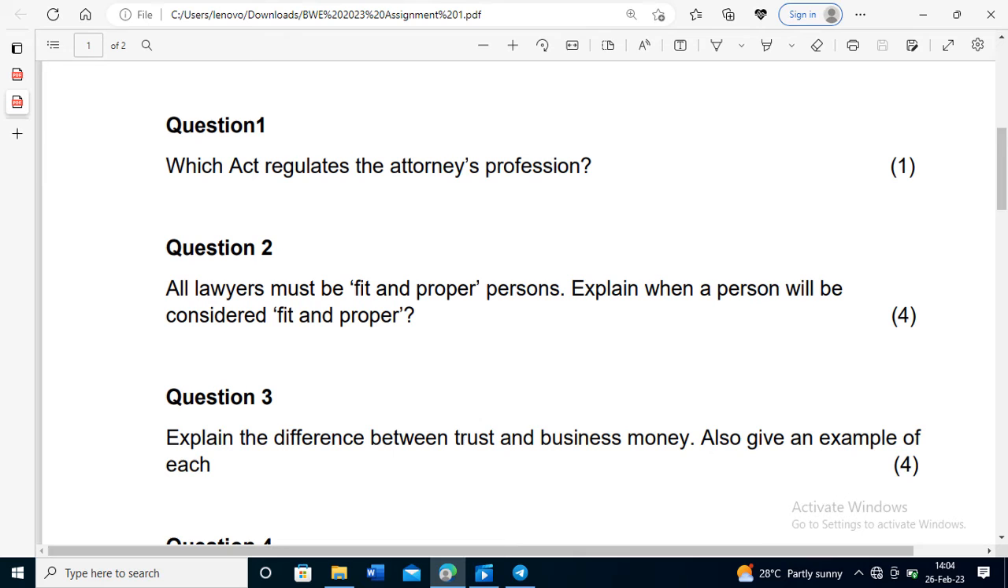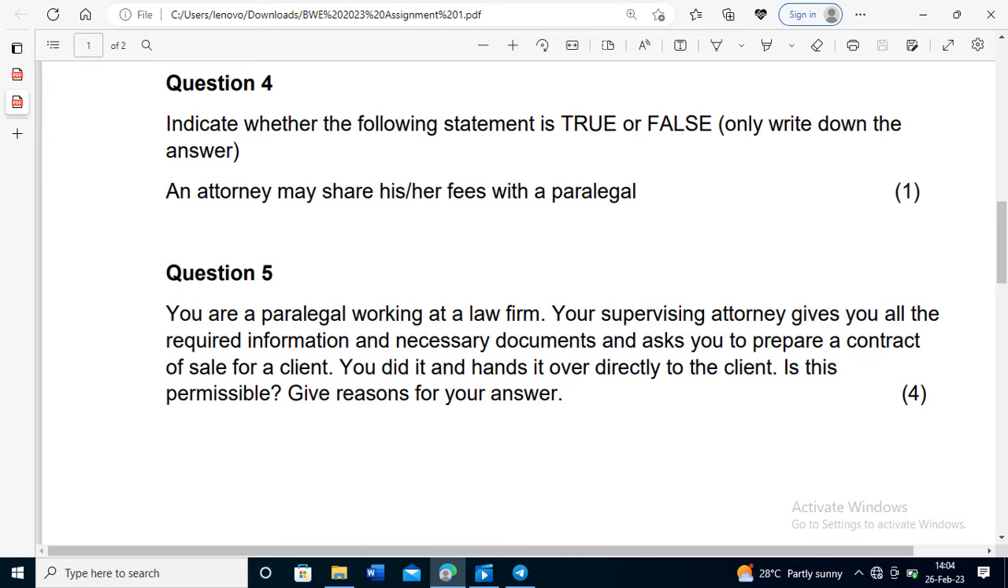Let's go to question 4. Indicate whether the following statement is true or false. Only write down the answer. Just write true or false. An attorney may share his or her fees with a paralegal, which is incorrect. I can say that is false. So for me to say it is false, you have to prove it